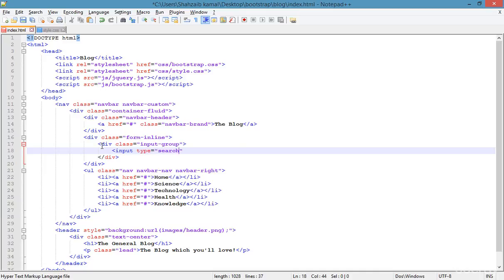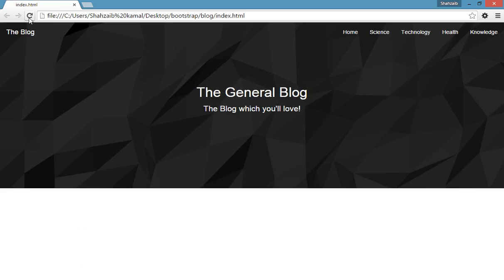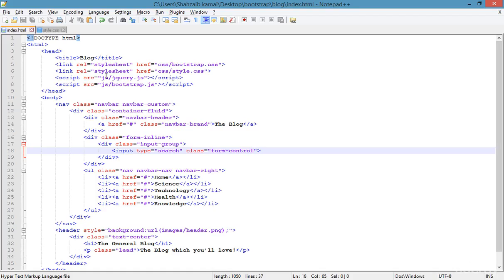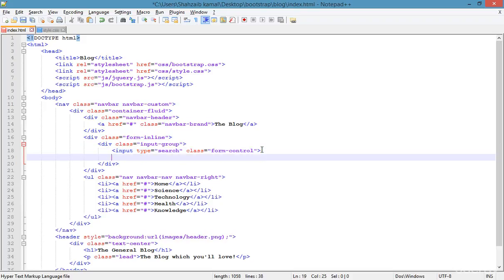The search is just like the text, but this is the specific element for creating some kind of search bar, especially created in HTML5. By the way, the class I'm applying is form-control. Save and go to the browser and refresh. Now I got the thing which I just want, but definitely everything has been disturbed, so we have to clarify all the things. But before managing this, I'm just creating another thing,